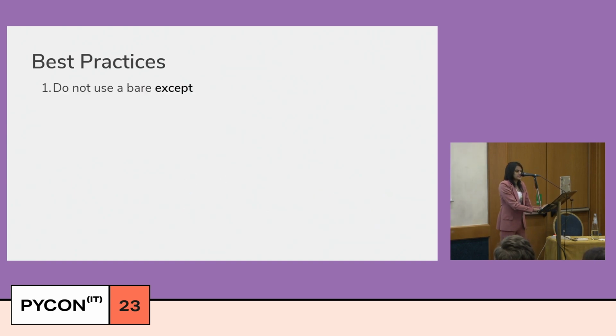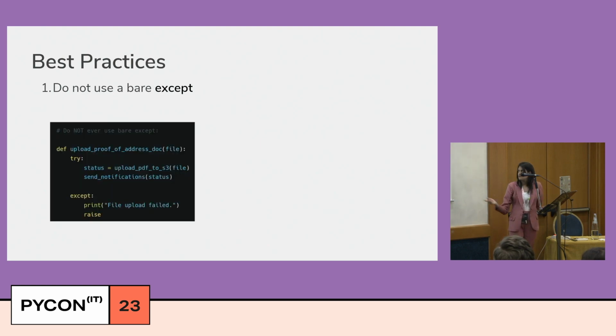So yes, you can use these raise exceptions very easily, but still there are a few things that you should always keep in mind while using raise exception. The first is that you should not use a bare except statement. And what I mean by that is have a look at this program. It's a very, very simple